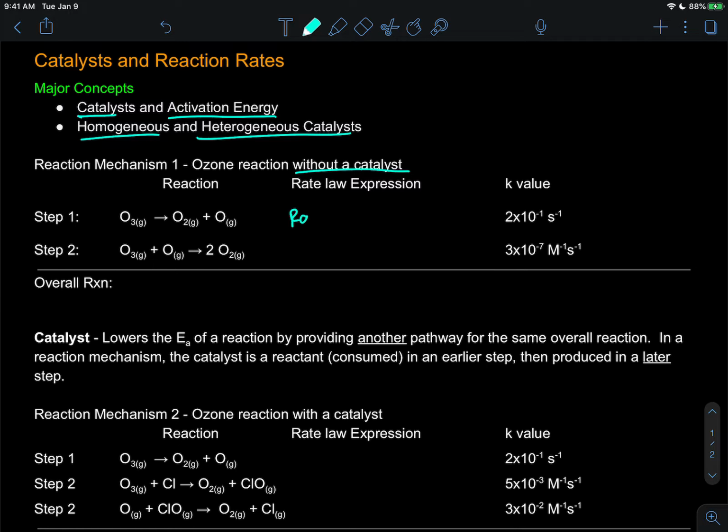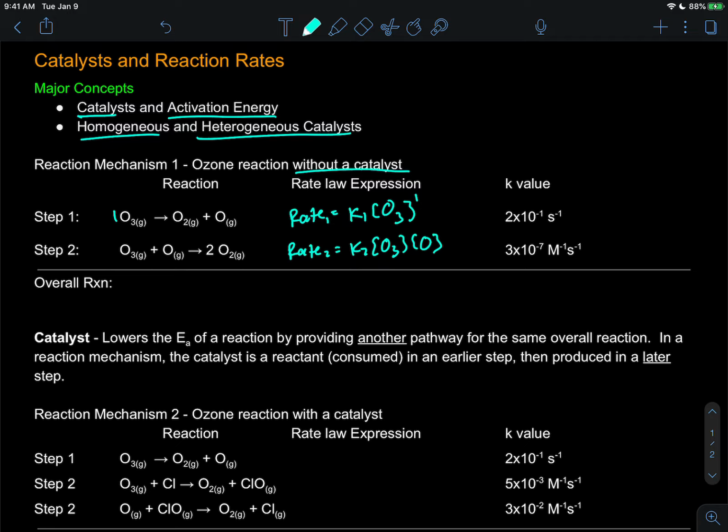And just as a refresher, we can write our rate law. So rate 1 equals K1 times ozone concentration to the first order. And again, with each of these reaction mechanism steps, each of them represents an elementary reaction, so the order is equivalent to the coefficient. And again, we can only do that with our elementary steps. Our second step would be our rate equals K2, concentration of ozone, concentration of our original,